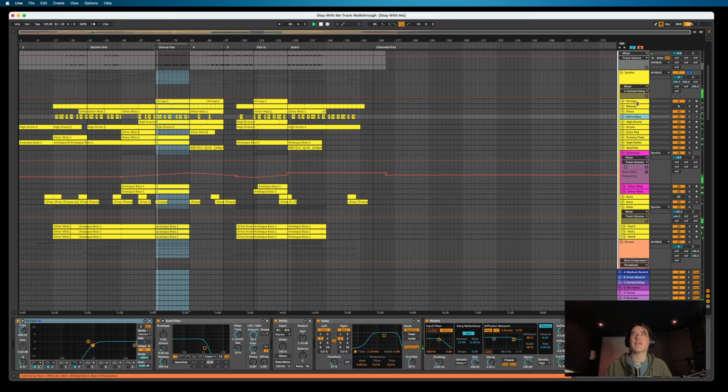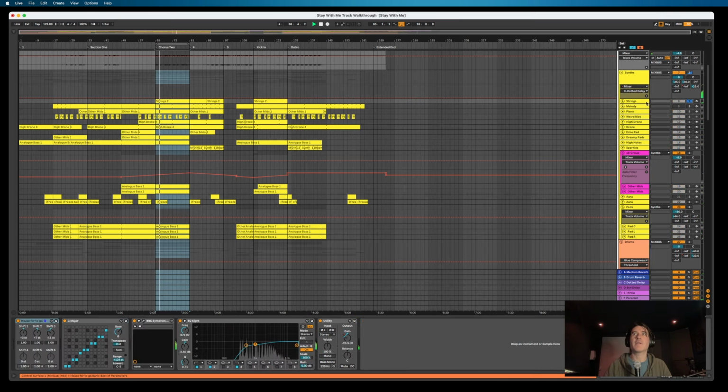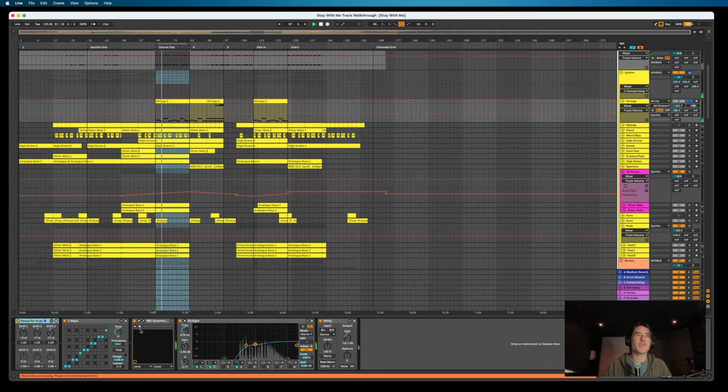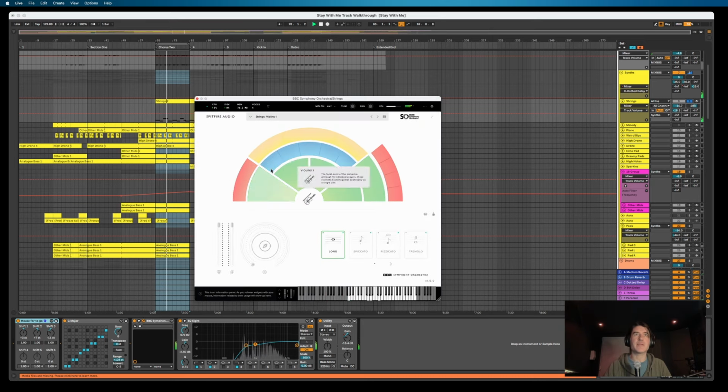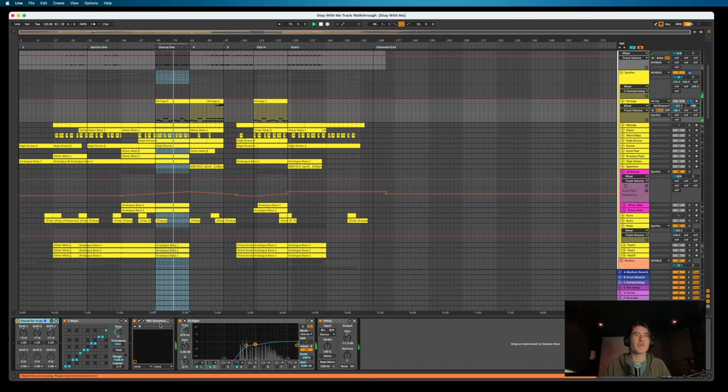So we've got things in here like string part, which we've used this free, amazing Spitfire Audio plugin. I use this quite a lot. It's an entire orchestra actually, for free. BBC Symphony Orchestra. And then I've just put the key mapper thing here, and that allows me to use this chord tools so that I can actually just create really simple chords. If I just knock that off,